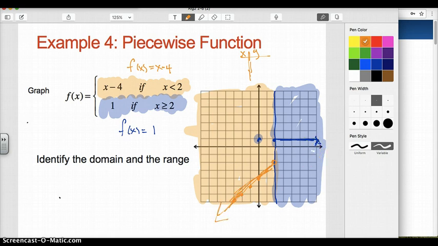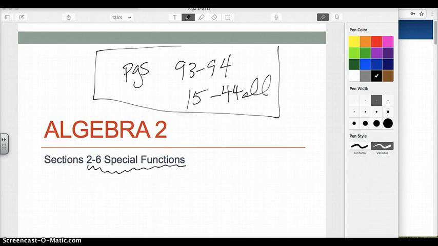All right? Sorry for not putting your assignment in the beginning. It's pages 93 to 94, 15 through 44 all. Let's talk